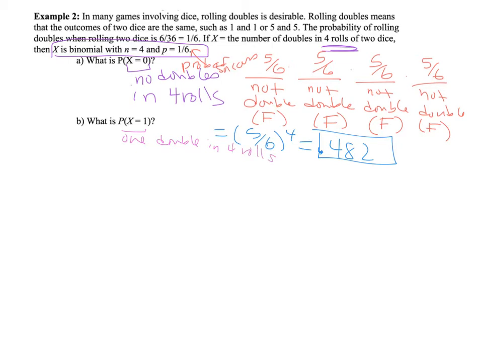This is unfortunately a deceptive problem. It seems like it's going to be very easy, but it's not. So I'm going to show you what people want to do. What people want to do is they want the first thing to be the probability of getting a double, which we know is 1/6, times the probability of not getting a double, which is 5/6, and then multiplied by 5/6